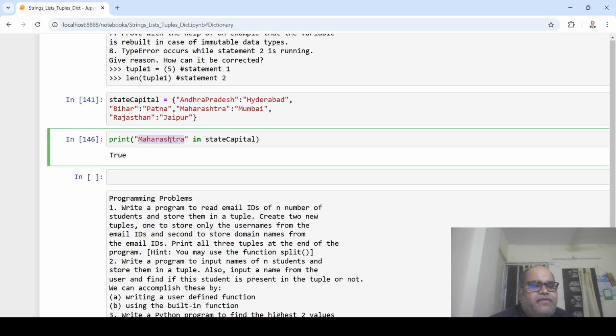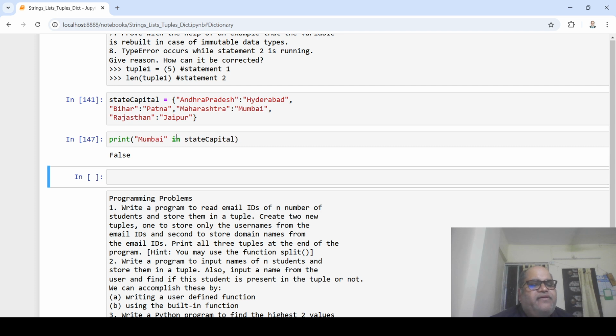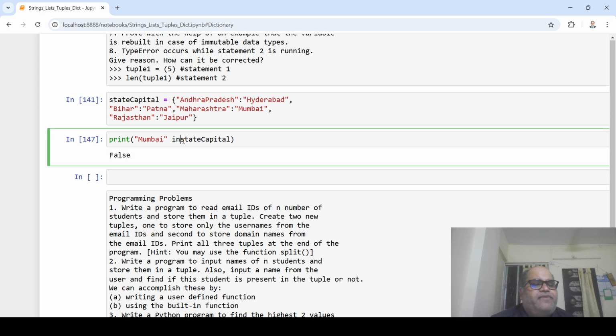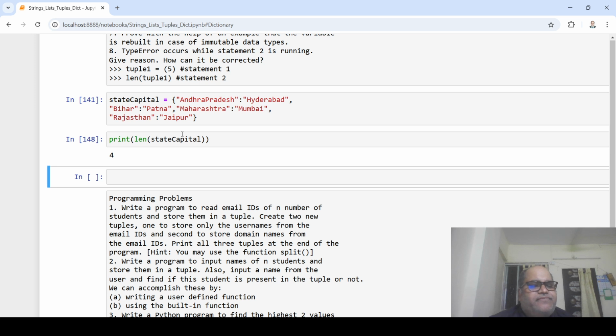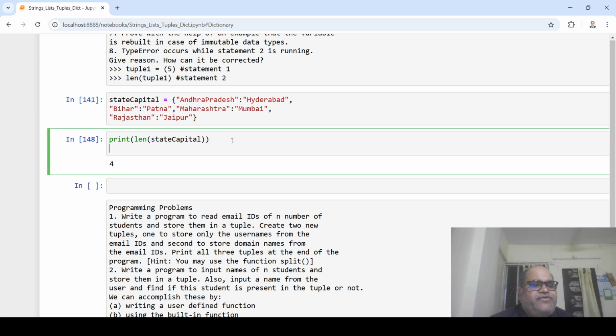True, right? Mumbai value will not be there, right? Then if you want to print the length of it, as you actually have 4 different items. So now let us say that you delete the state capital of Rajasthan, let us say simply Bihar, right,